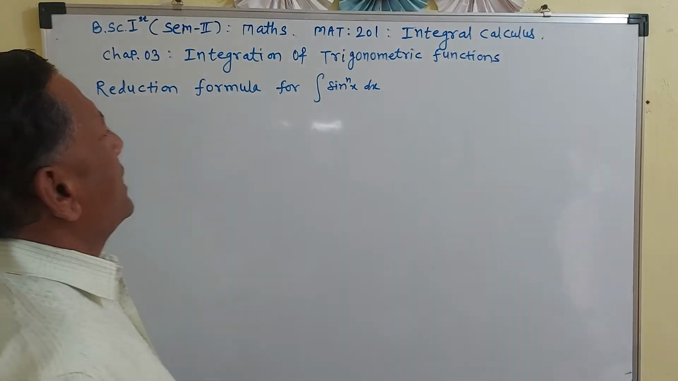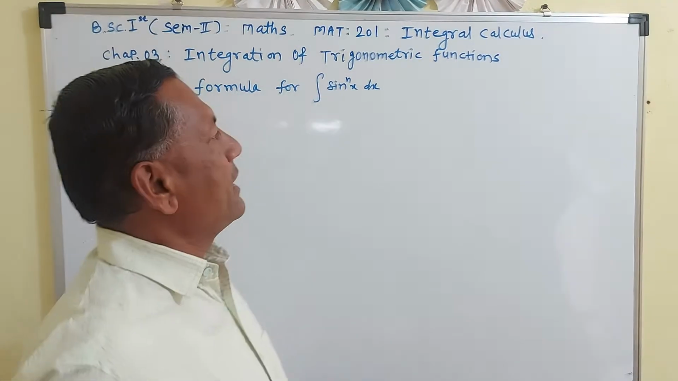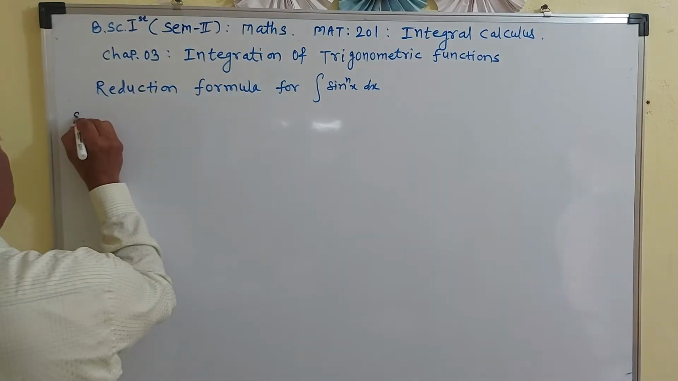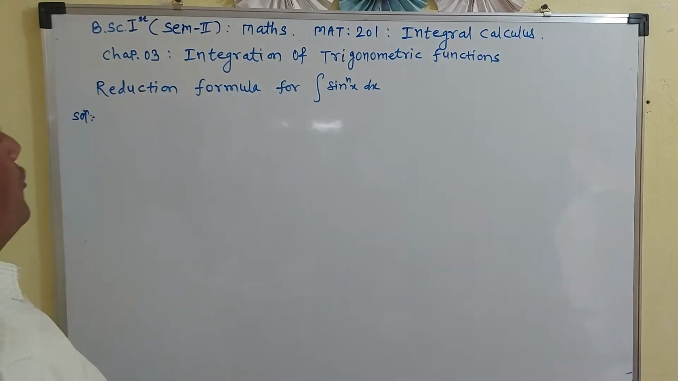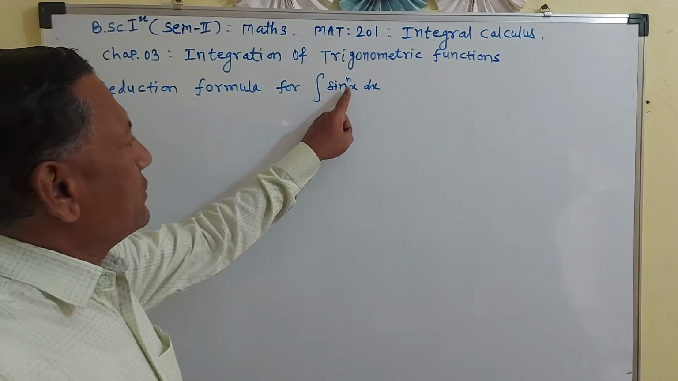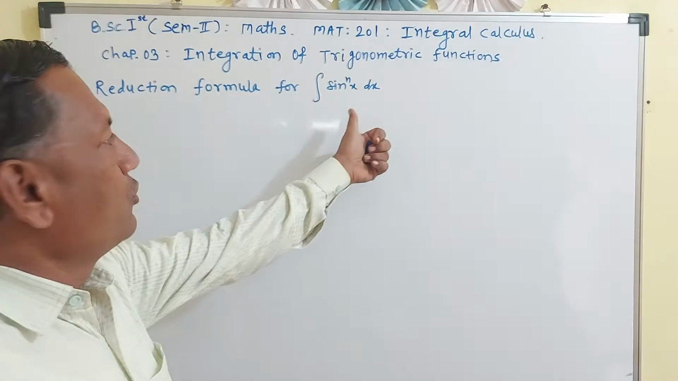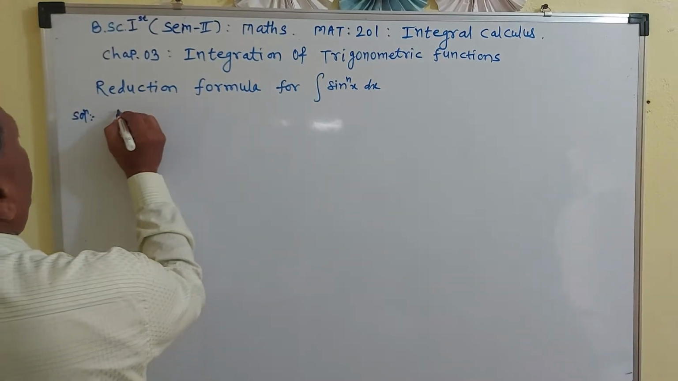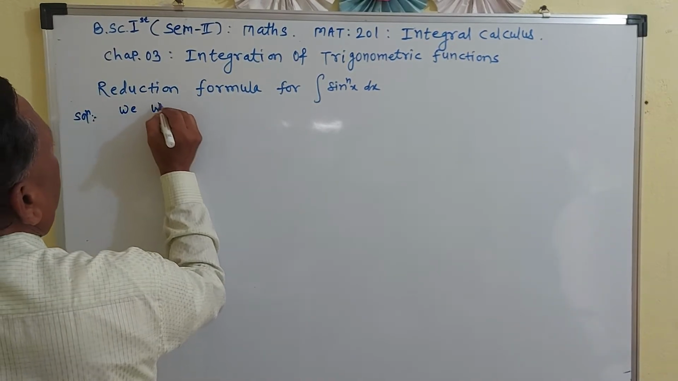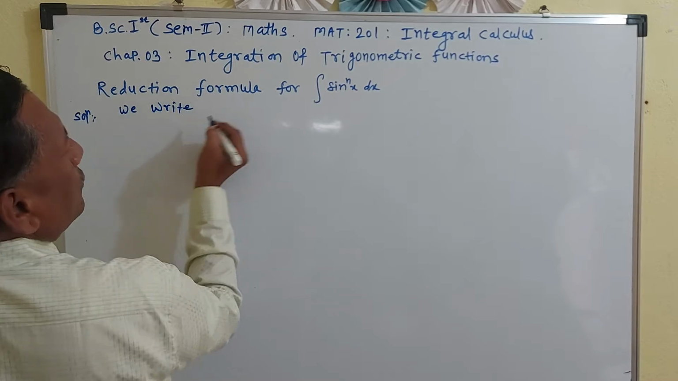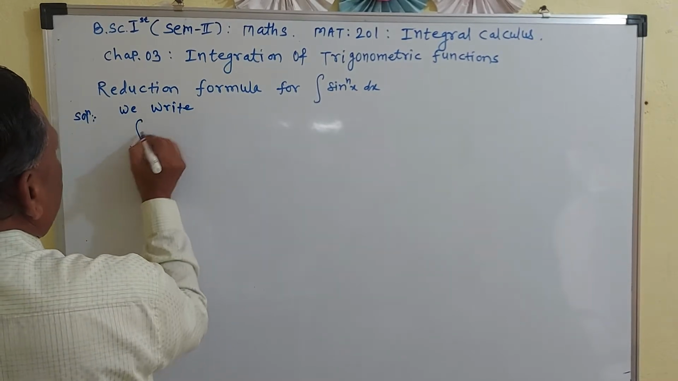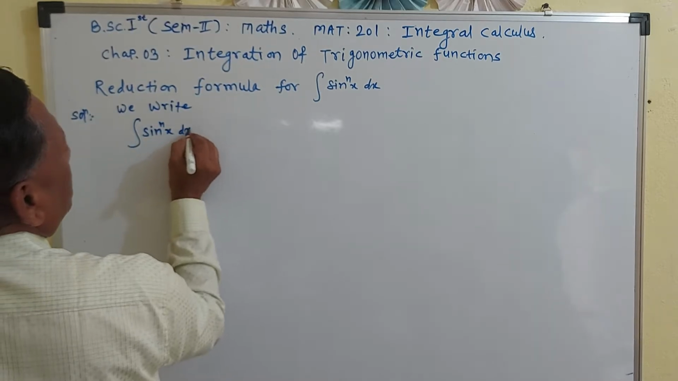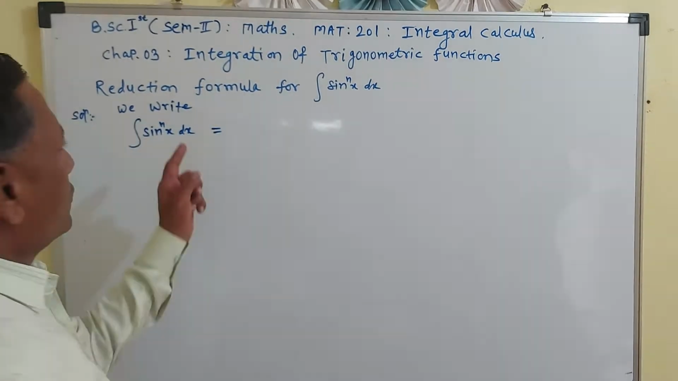So first, a reduction formula for integration of sin raised to n x dx. Solution. So how do you find the reduction formula of sin raised to n x dx? By making use of integration by parts, you find that. Now we write. So you have to find the integration of sin raised to n x dx, so this can be written as